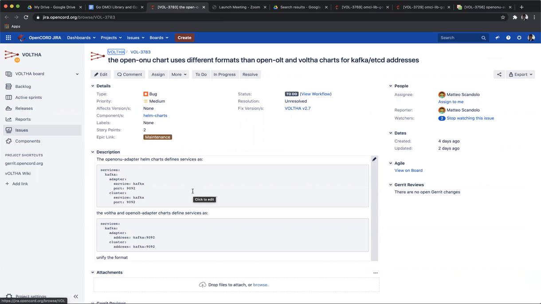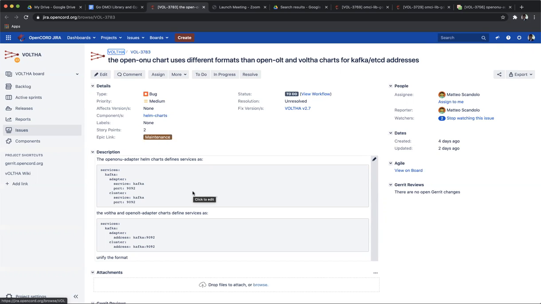Oh yeah, that's just something I noticed while working on the Helm charts. Both the RW core and the OpenOLT adapter chart are reading the service with the format that is in the lower box, while the OpenONU adapter splits the service address and the service port into two things.